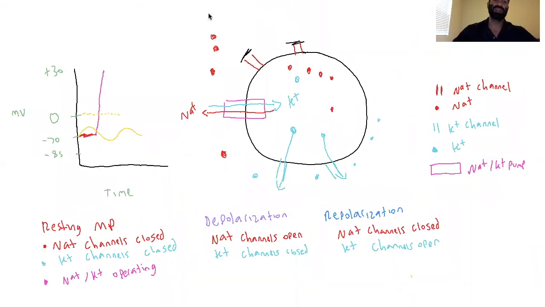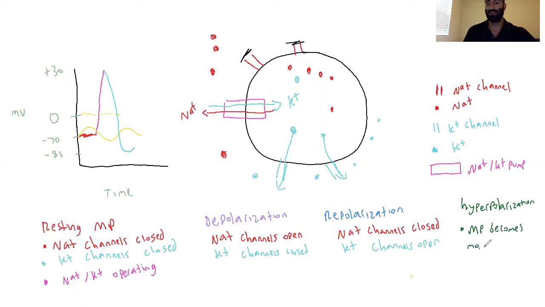Now what's going to happen is that this is going to result in something called hyperpolarization. So instead of negative 70 millivolts, it's going to go down to about negative 85 millivolts. And that's going to be called, I'll put that here. Hyperpolarization. Cannot write today. Hyperpolarization. What this is that the membrane potential becomes